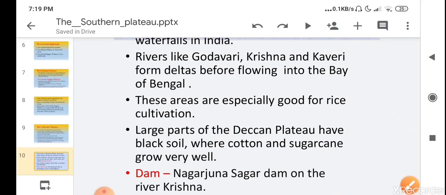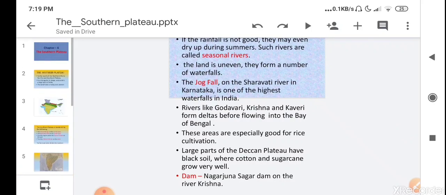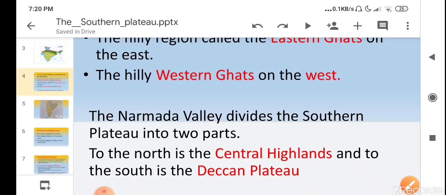So children, today we have learned about the Southern Plateau, which is divided into two parts: the Central Highlands to the north and the Deccan Plateau to the south.